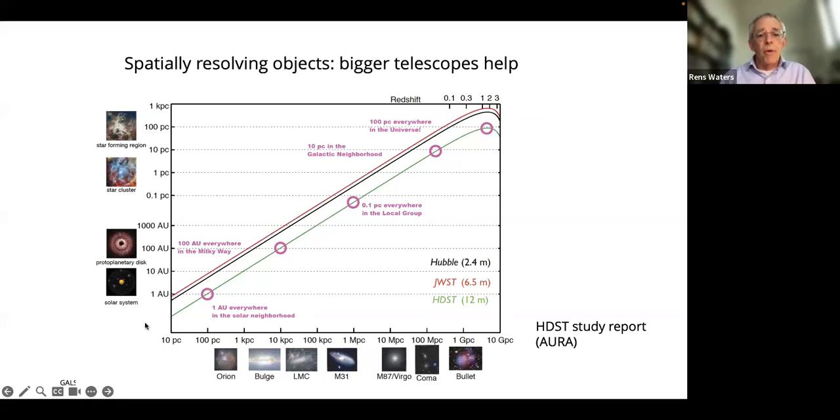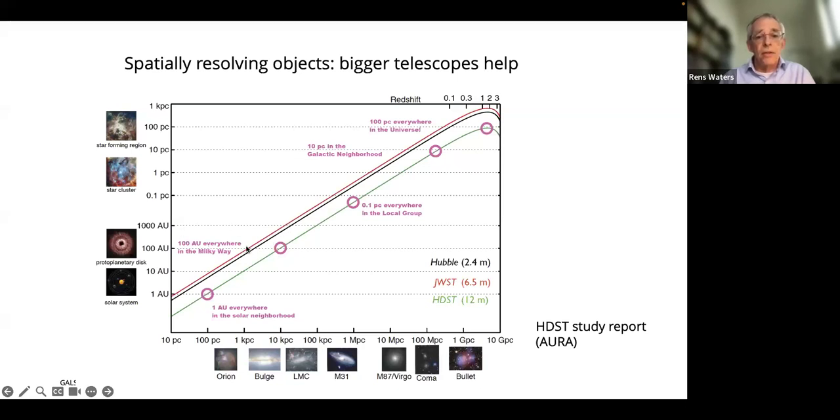Here you can see a diagram where you see the physical scale of objects on the vertical axis. We go from the solar system to planet-forming disks, to star clusters, to star-forming regions, and their scales go from 1 astronomical unit to kiloparsec scales. On the horizontal axis, you see the distance at which you can place those objects, starting from very close by on parsec scale all the way to cosmological distances. And these vertical lines tell us what is the angle scale that these telescopes can reach for those different objects